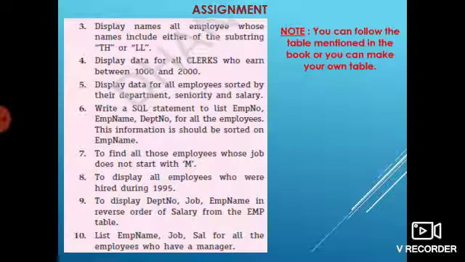Next, I have given you an assignment. It is again questions 3 to 10 given in the book only. In the note I am mentioning that you can use your own table or you can take the table from the book. So that's all for today's class. Only thing is that you have to go through all the queries carefully. In the book it is explained very clearly, and at home if you have MySQL, you can practice it, create a table and then perform all the queries. It will become more clear for you.